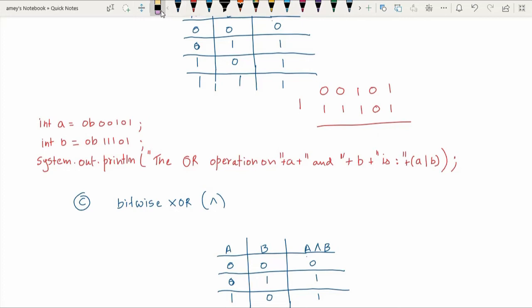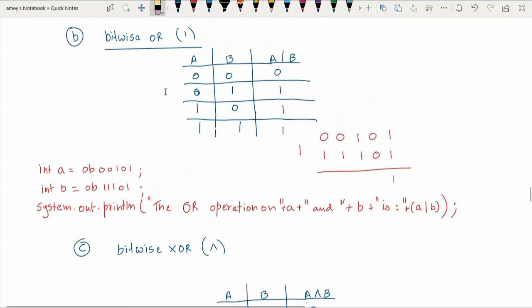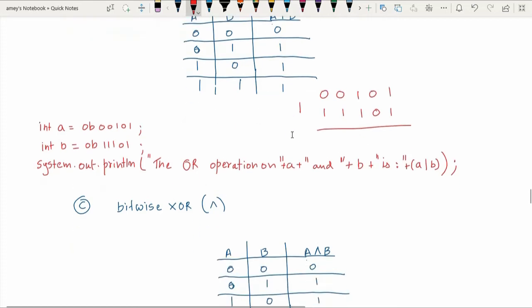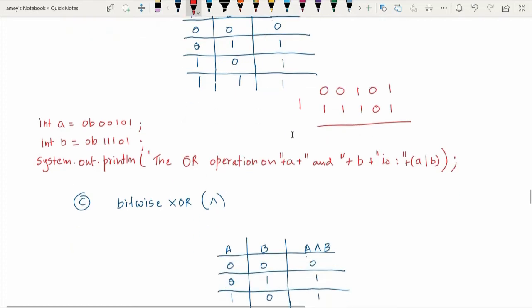According to the OR truth table that we have, if any one of the operands is 1, only then the output is 1. If both are 0, the output is 0. So the output here is 1, 0, 1, 1, 1. So this is the result of the OR operation.